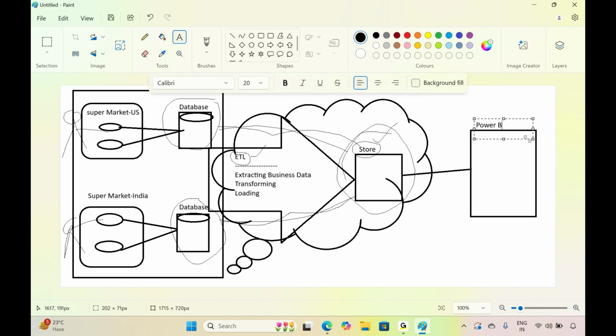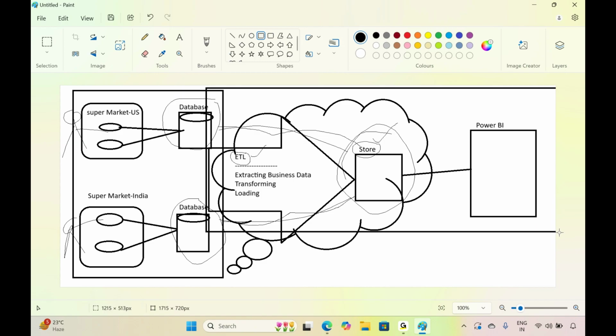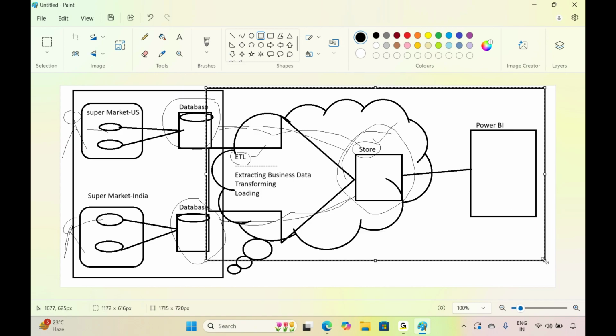Power BI is a reporting and visualization tool. We can connect to the storage and design reports and dashboards. Clear? So this is all about what you are going to implement as an Azure data engineer, and what your role will be starts over here.